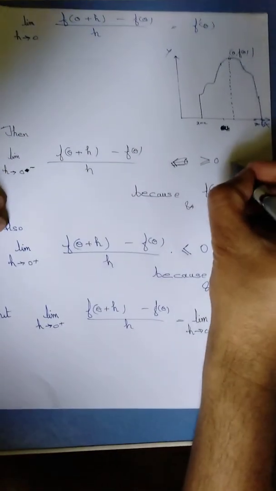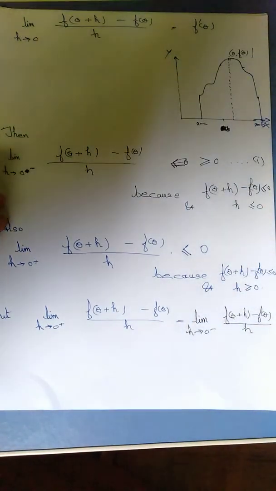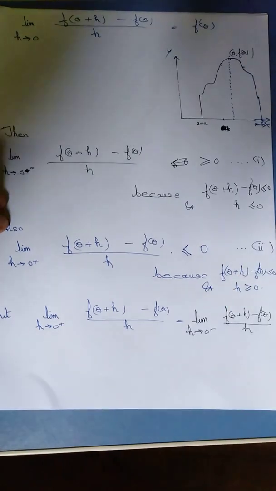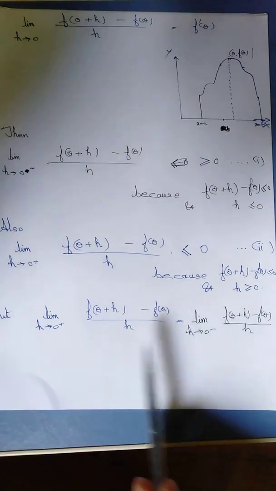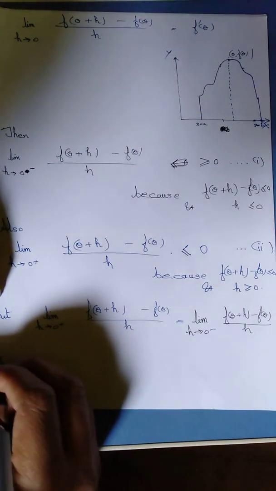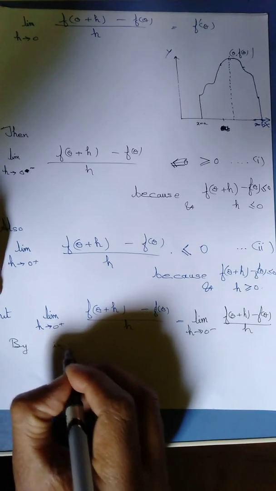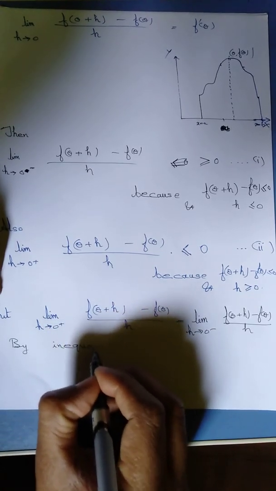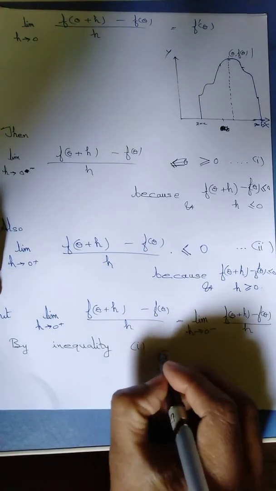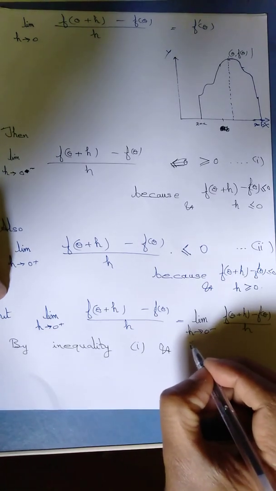So let's combine inequality 1, inequality 2, and the fact that those two limits must be equal. Therefore, by inequality 1 and 2,